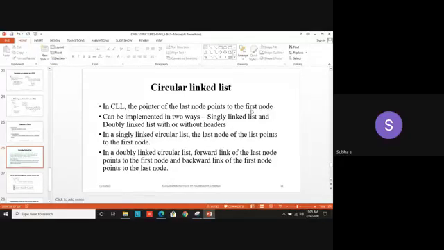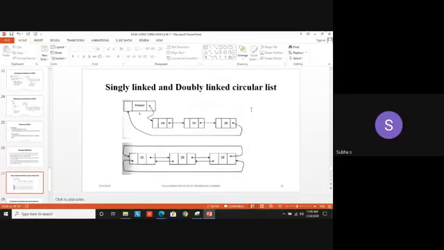Pointing to the first node. The backward link of the first node should point to the last node. That is represented in this diagram. Look at the second diagram for doubly linked list. The first diagram is for singly linked circular list. On the first diagram, I put a header specifically. In the second one, no need for a header.